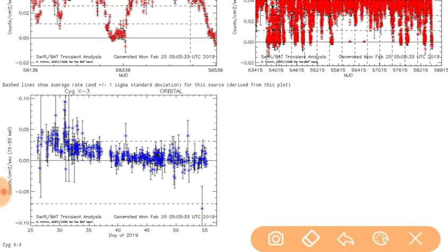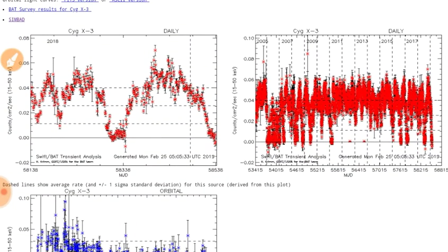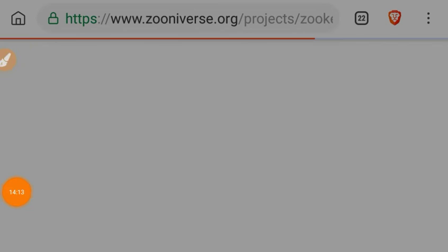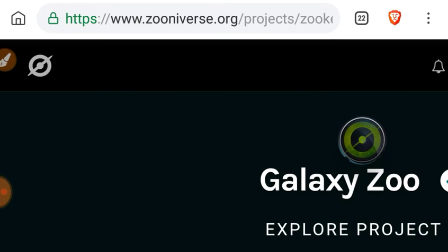We see just a couple days ago a very low transient. So getting ready for that to kick back up. One of the most reliable cosmic ray sources in the sky, Cygnus X3. And while Cygnus X3 is located inside the Milky Way galaxy, let's go a little farther from home to zooniverse.org